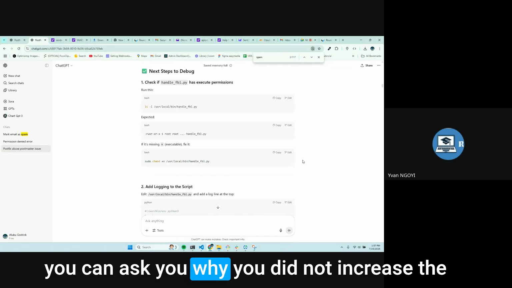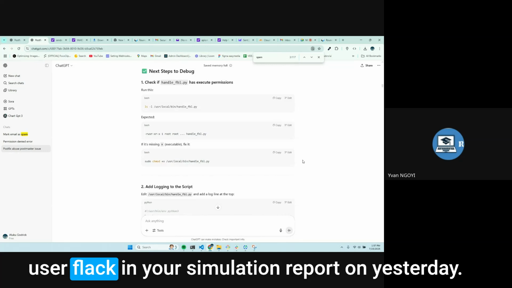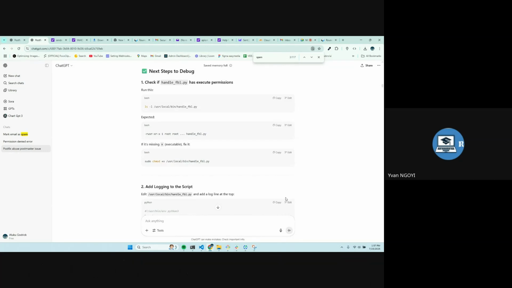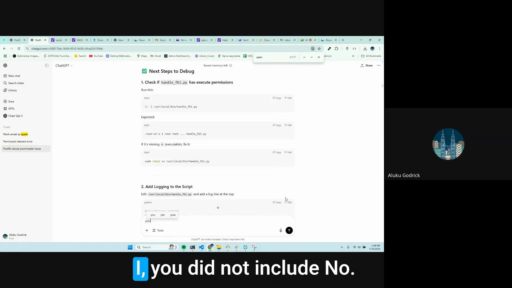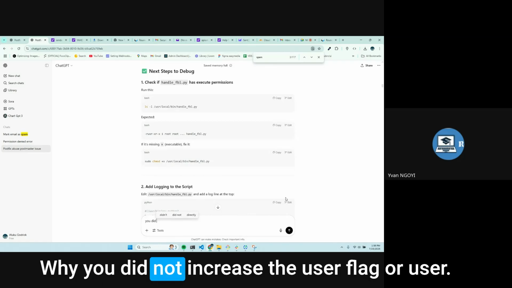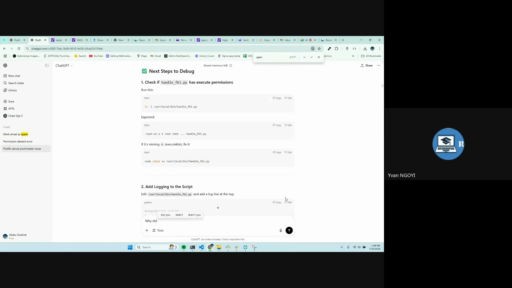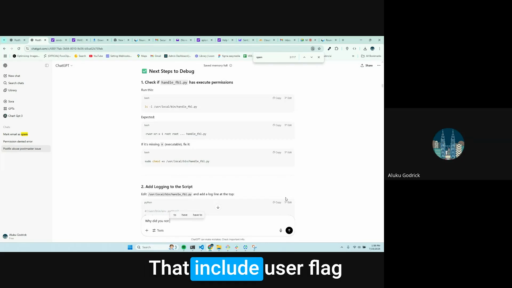We can ask you why you did not increase the user flag in your simulation report yesterday. Okay, yes, you did not include. Why did you not increase the user flag? Why did you not? Okay, not include